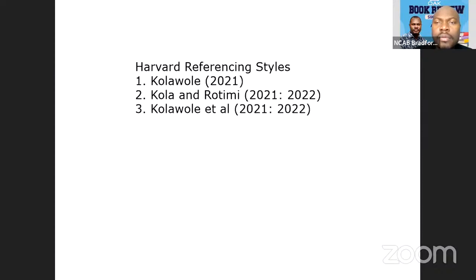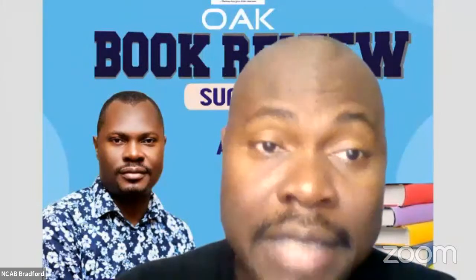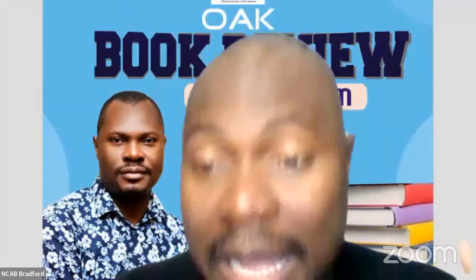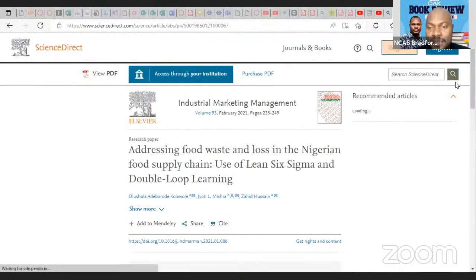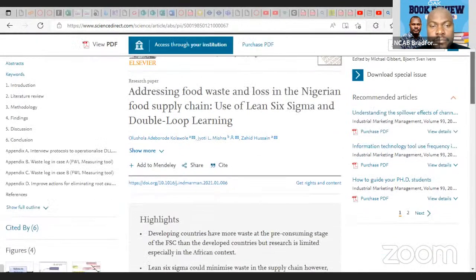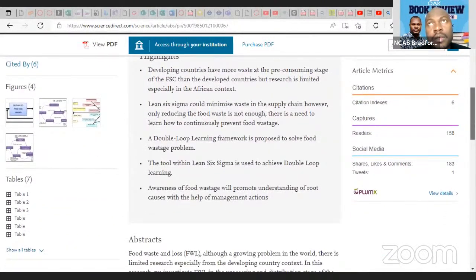Second question: when you said we should copy the Harvard referencing from Google Scholar and put it in our writing. I'm not saying that is the standard, but you can. I'm just giving you a shortcut. What I want to understand is whether copying that will automatically generate all our reference lists for us when I copy it to my document.